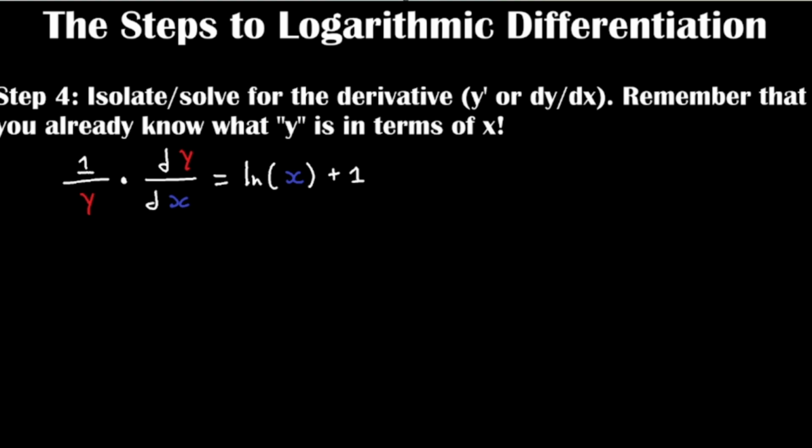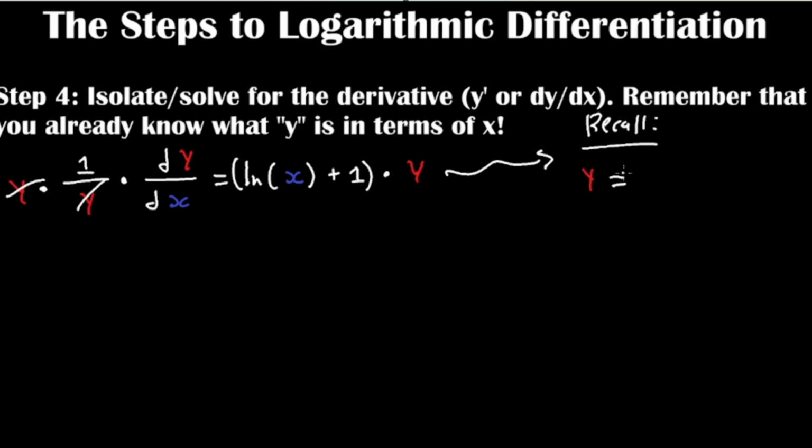Remember, what we're trying to do here is find the derivative of the original function, which would be dy dx, the derivative of y with respect to x. So to do that, we can just multiply by y on each side to get rid of the 1 over y. But notice, on this right side, we have this y. What is y? Well, if you recall, our function y is given by y equals x to the x. So we can just substitute that in. And what we'll get is that our derivative is,